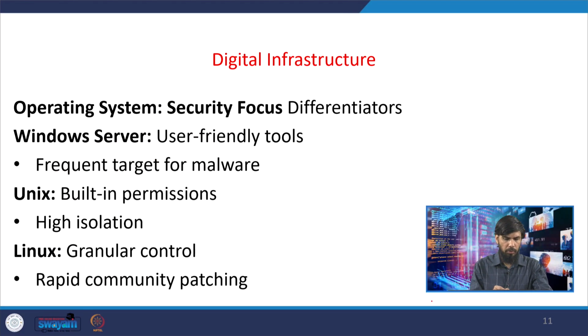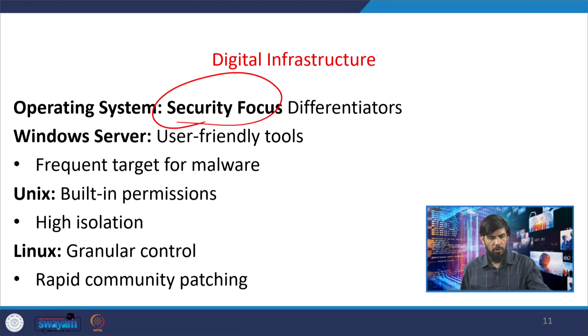Now we move on to the next factor, that is security focus. In security focus, if we look at Windows Server, there are lots of user friendly tools. Again, the main strength of the Windows ecosystem is being end user friendly, providing ease of use to the end user. So in the case of security also, we see user friendly tools, but because the ecosystem is quite big, there are so many players contributing to the Windows or Microsoft ecosystem in terms of application development and hardware device development which are compatible with Windows products,